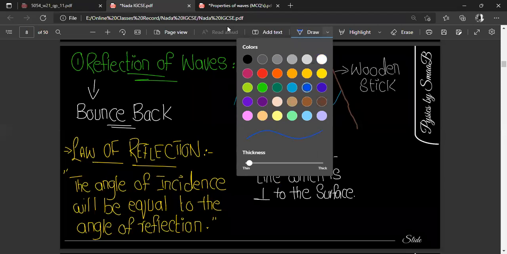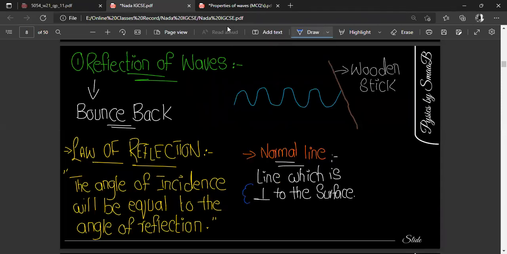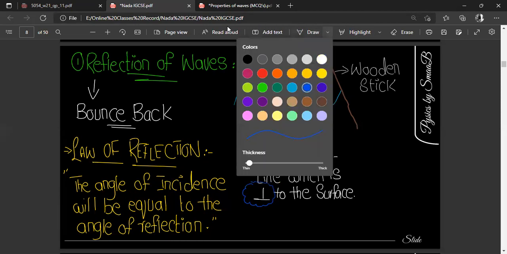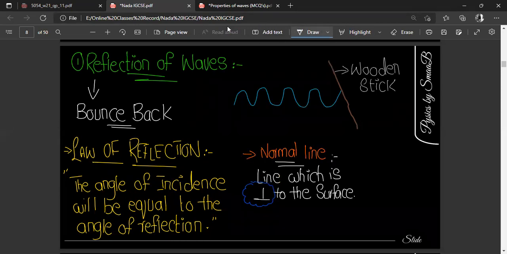This sign is for perpendicular because I don't like to write too much. So that's why I use this perpendicular symbol. तो नाउ इन दिस सिचुएशन अगर हमने यहाँ पर नॉर्मल को ड्रॉ करना है तो नॉर्मल कैसे ड्रॉ होगा। ये मेरे पास एक वुडन स्टिक है, इसका एंगल मुझे दिख रहा है, ठीक है। ये यहाँ से स्टार्ट है, यहाँ पर एंड है। तो मुझे इसके परपेंडिकुलर अगर लाइन रखनी हो तो मैं इसके ऊपर एक स्केल रखूंगा जो कि बिल्कुल एग्जैक्टली 90 डिग्रीज होगा, राइट।